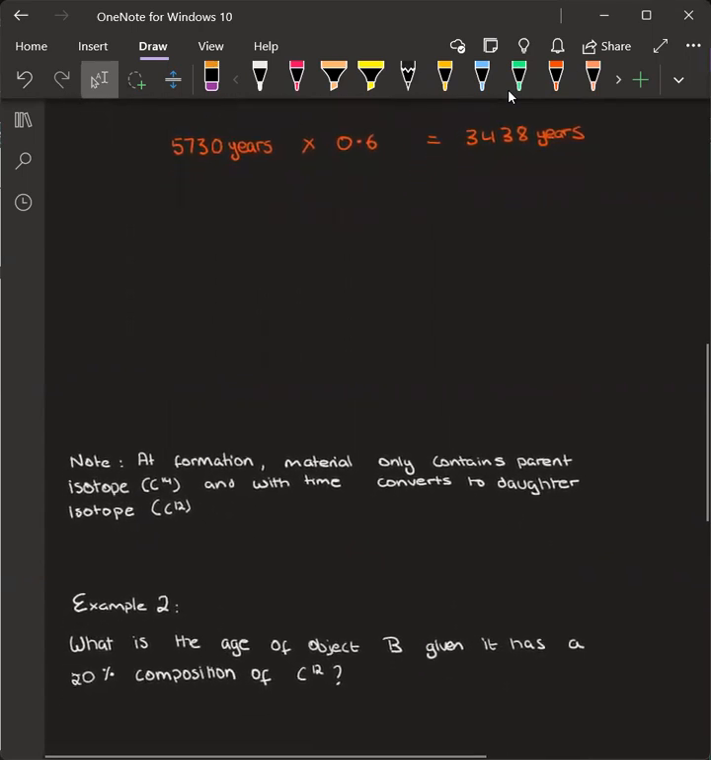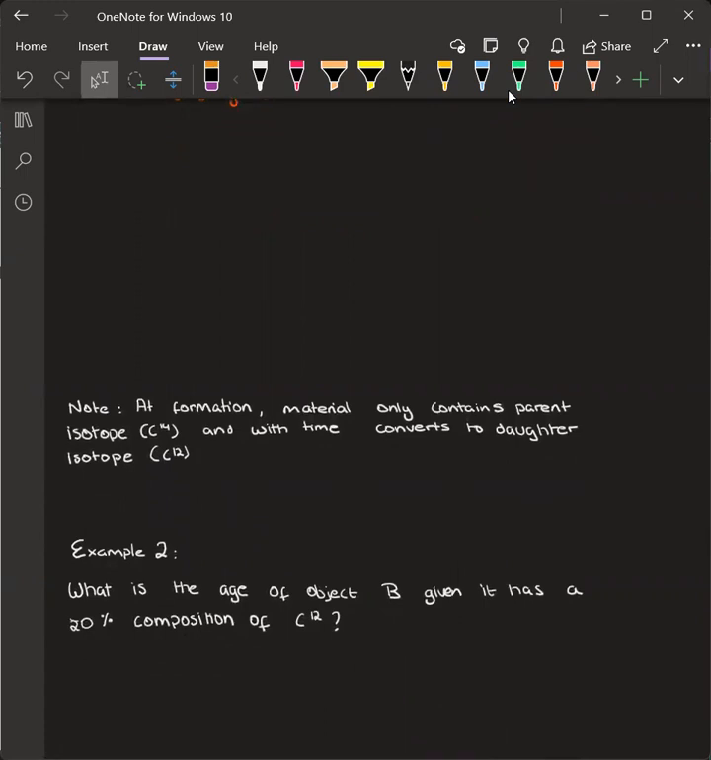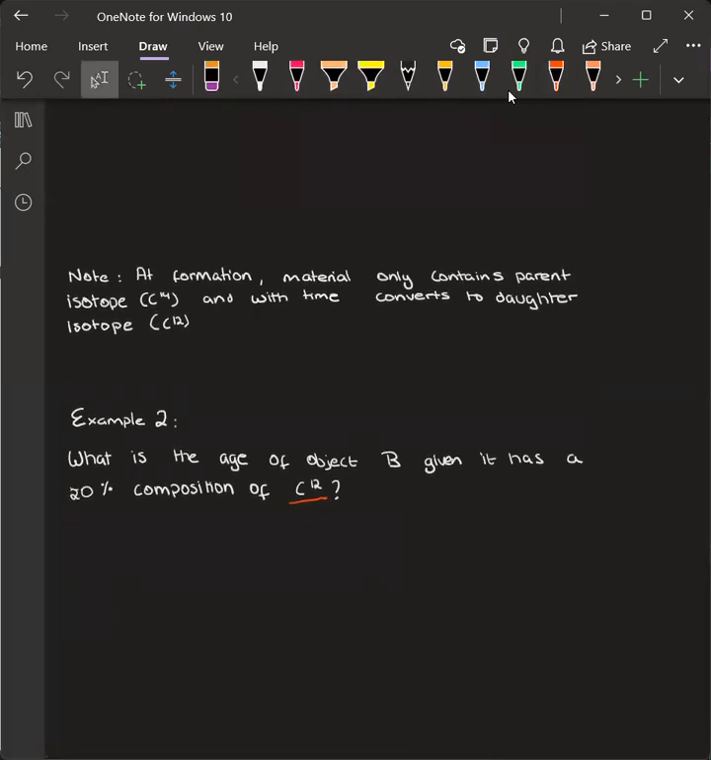In our second example, we have been asked what is the age of object B given that it has a 20% composition of carbon-12. Since carbon-12 is the daughter isotope and at formation the object only contains parent isotope, we know that at formation the composition of the object was 100% carbon-14. So subtracting the current composition of carbon-12 from the initial 100% would give us 80%, which is the composition of